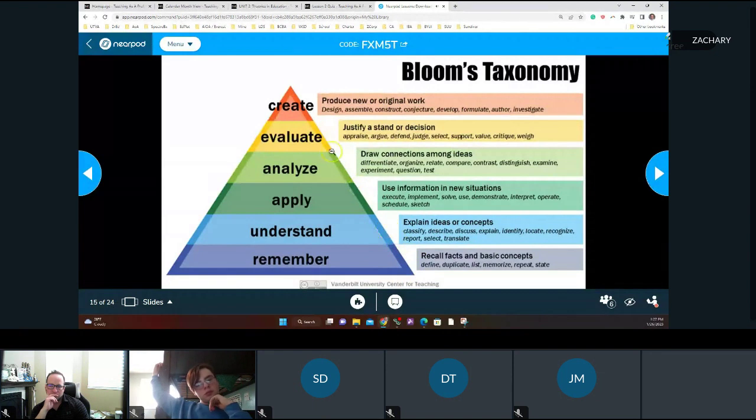So as we move up the triangle, you can see the thinking gets more and more complicated. For example, right up the top is creating new knowledge, or designing or building something new. So at a really basic level, this bottom level might be, if we're thinking about design technology, what are the different types of wood? Whereas create might be to design and build a brand new bookshelf. So what does that mean in your particular domain area?